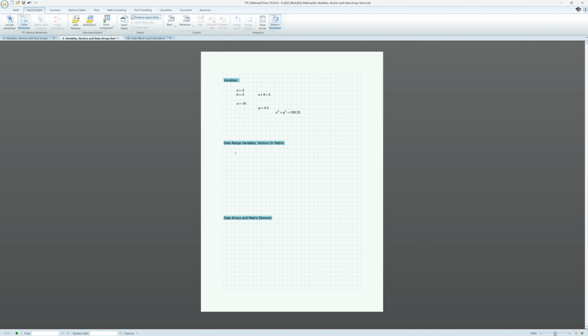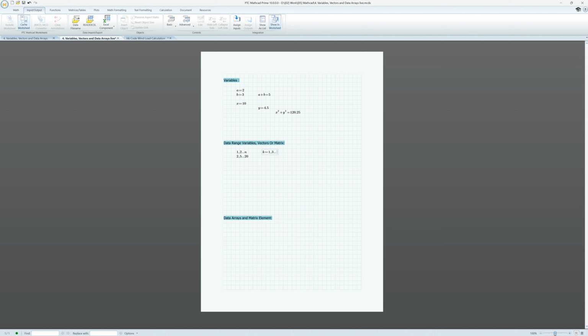MathCAD can do repeated or iterative calculation as easily as individual calculation by using a special variable called a range variable. Range variables take on a range of values, such as all the integers from 0 to 10. Type the range variable operator, 1, 3, n, and then type the last number 20 instead of n. This tells MathCAD that the last number in the range will be 20.